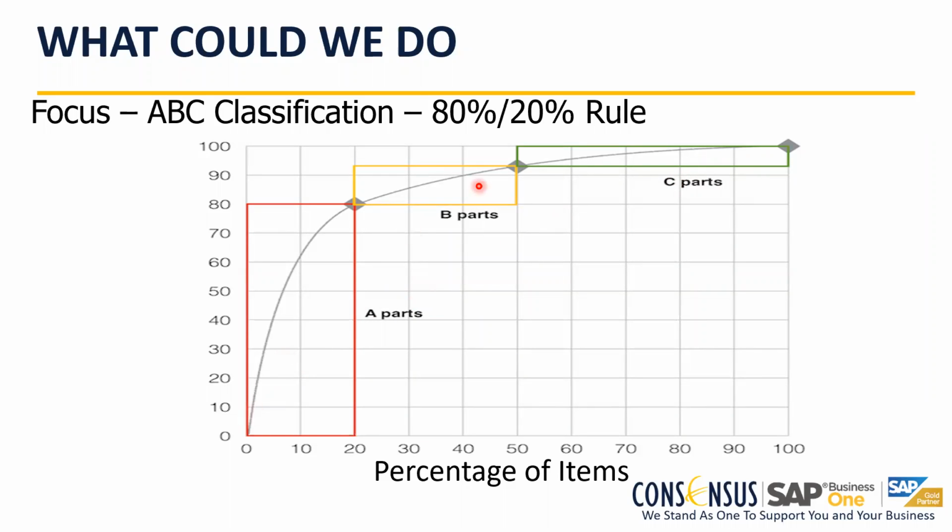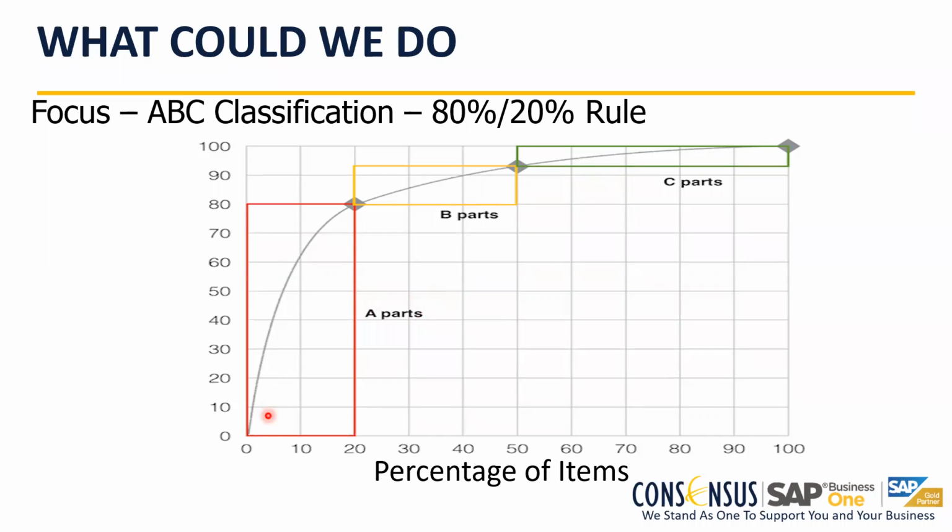So this is Pareto, where I say my A items are the items that are probably 20%, or sometimes even less than that, maybe 10%, that represent 80%, for example, of the cost of my inventory. So I need to be very, very efficient managing these A items. And I'm not necessarily doing that much detailed planning and analysis on the entire portfolio of items, I just need some of them that are the most relevant ones, right?